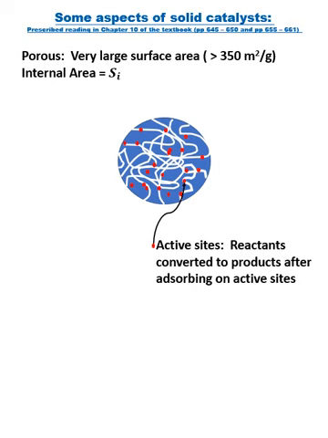Make sure that you read these sections in your textbook before you continue with the rest of the lecture. You need that background information. So we need to understand a few things about heterogeneously catalyzed systems. Those are systems where the catalyst is a solid and our reactants and products are in a liquid and/or